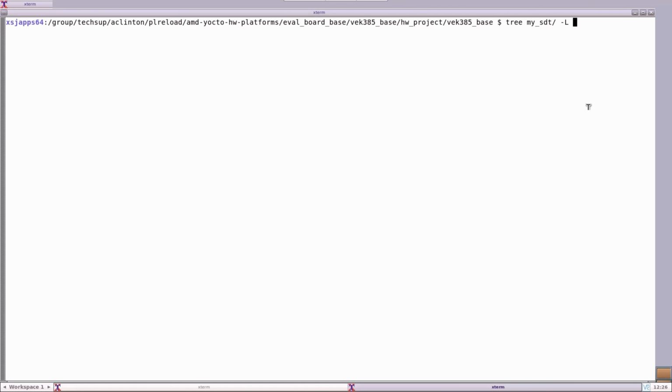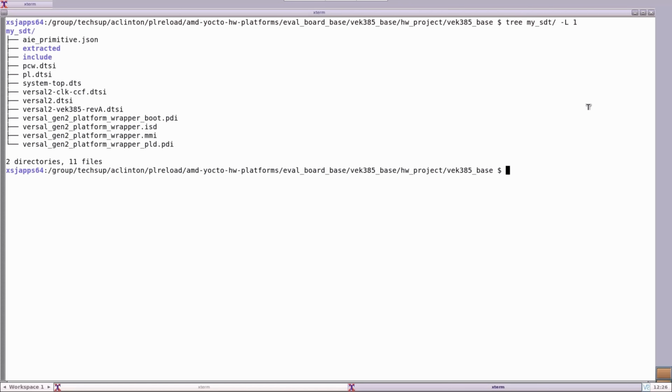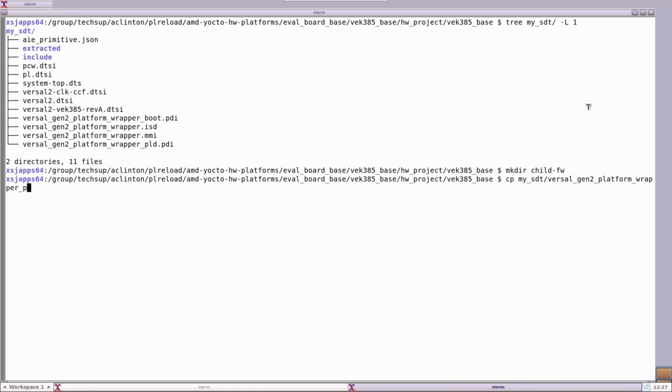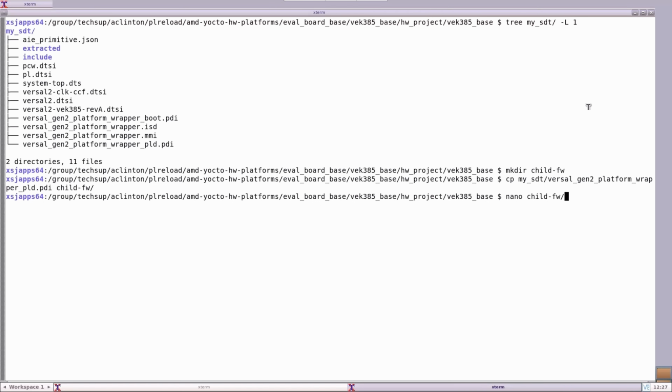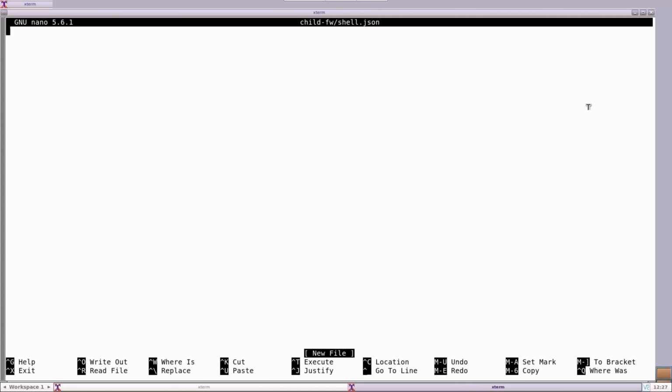The firmware bundle is a directory containing a device tree overlay .dtbo, PL payload .pdi, and .json file, the DFX Manager client configuration file. Create a directory to contain the files in the firmware bundle and copy in the source pld.pdi file. Next, create a shell.json file in the firmware bundle directory. To do this, run the shown command. Add the shell type as xrtflat and num slots as one, wrapped within curly brackets.